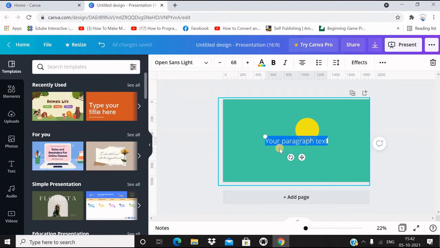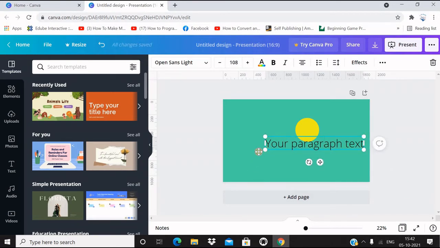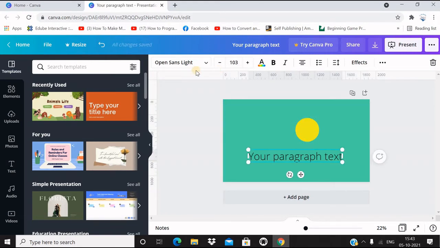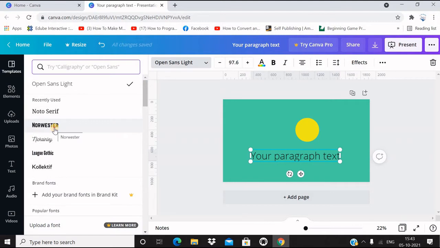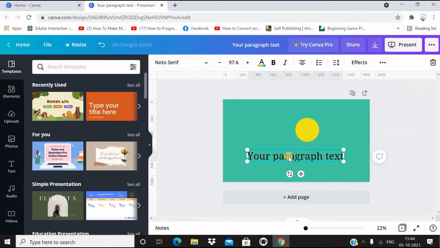Now let me type the letter T. It creates a text box with a sample text. You can drag the corners and change the size. You can click and hold it and move it around. You can also use the edit panel to increase and decrease the size of the text. You can change the font. You can select the text, and as we do in MS Word, you can use Ctrl B to make it bold. You can use Ctrl I to italicize it, and to undo you can use the same keys.